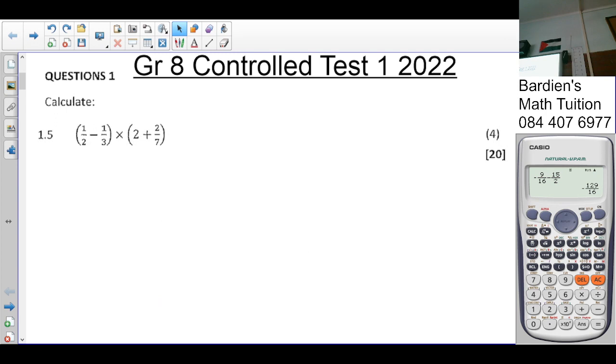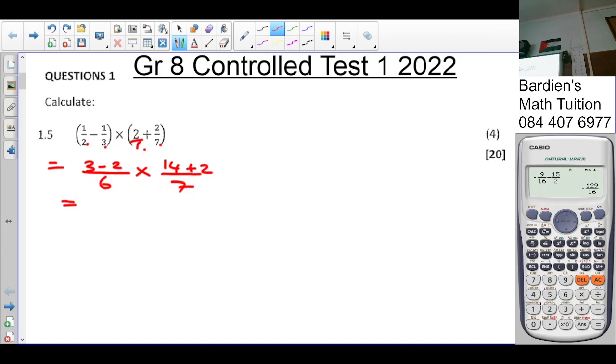Again, we must sort out our brackets first. So inside our brackets, what's the LCM here? 6. You times by 3, multiply that by 2, it's over 1. What's your LCM here? 7. You times that by 7, times by 1, 2. So 3 minus 2 is 1 over 6 times